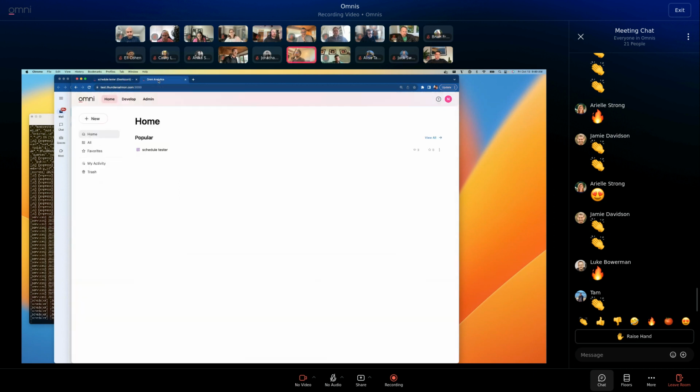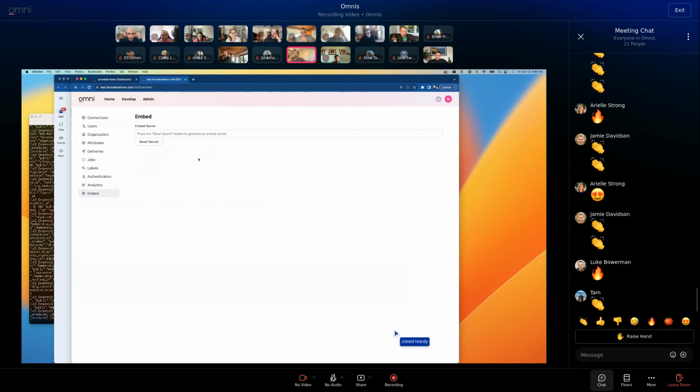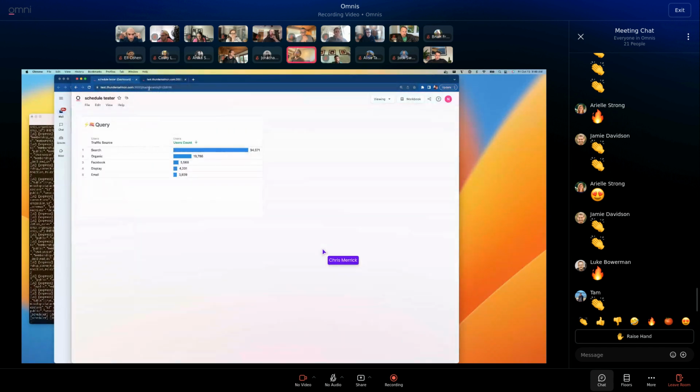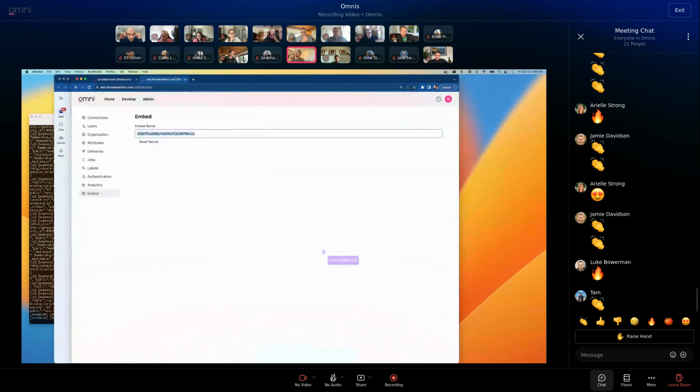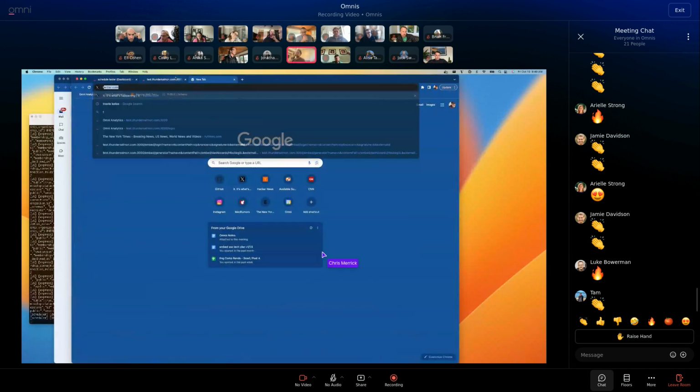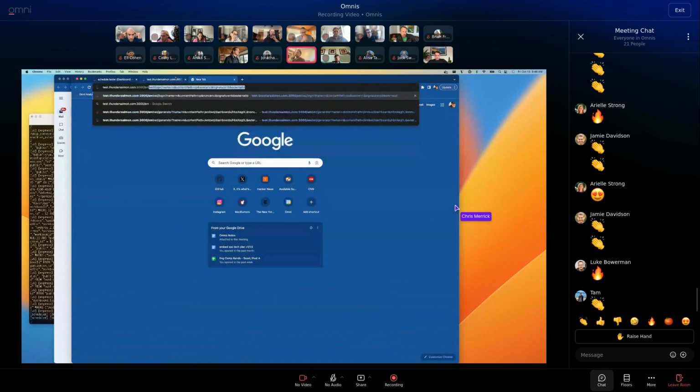So, okay, if I go to my admin page, you'll see there's now this new embed tab, and we need to do some lightweight styling on here, which Elliot, who's out today, has already done some of. There are some other goodies coming, but I'll wait till he's back to demo them. So I generate this secret, and now I'm gonna grab this and go to this super secret URL